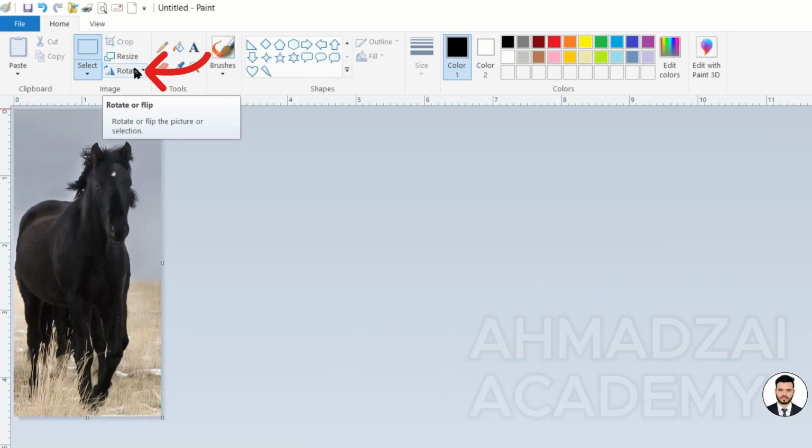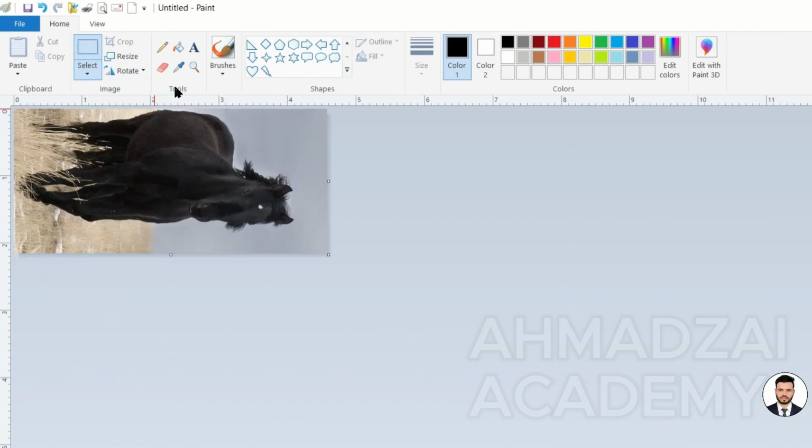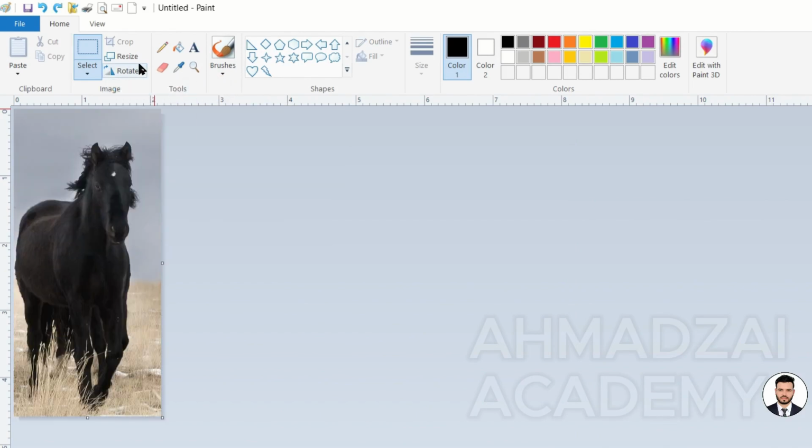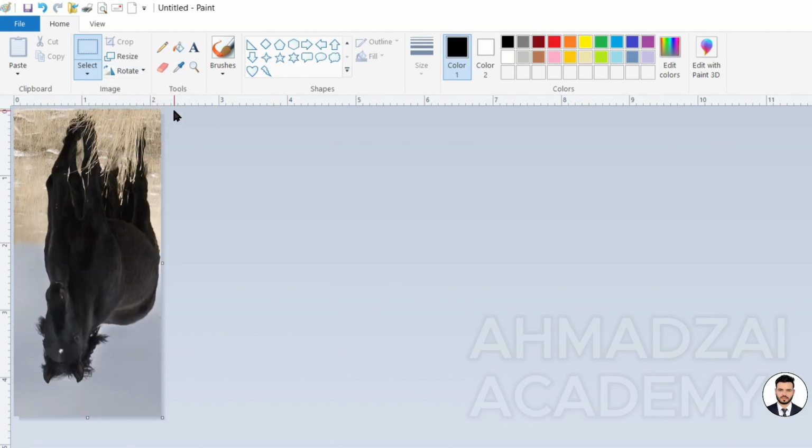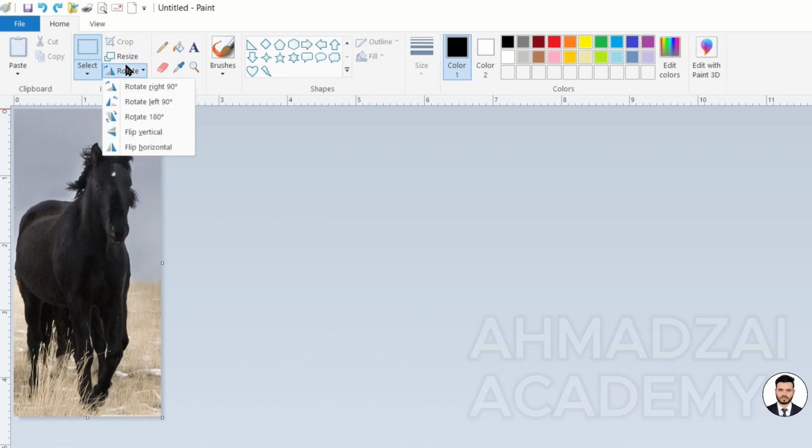Try to remember, rotate is for when we want to rotate the photo to different angles. In the example, it says to rotate the same photo 90 degrees to the right. Or press the extra control, or it wants to rotate the photo 90 degrees to the left. Or we can select this for it. Rotate 180 degrees means it rotates 180 degrees. If we tell it to make a flip for us,